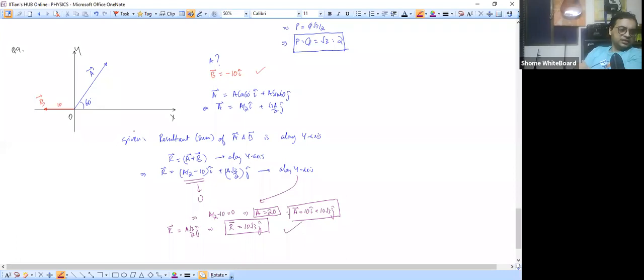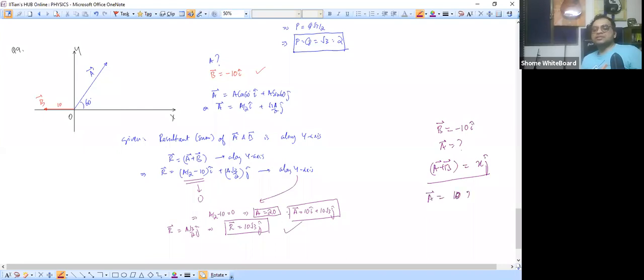Yash, how can you take it as x j cap? As some unknown quantity into j cap. But the same thing, you can do it like this, that you write the vector b as minus 10 I cap. The vector a is unknown, but a plus b is along the y-axis. So let's say it is some unknown quantity x or y or whatever j cap. So now from this you can calculate. Okay. So the vector e will become x j cap minus of minus 10 I cap. So the vector e is some 10 I cap plus some x j cap.